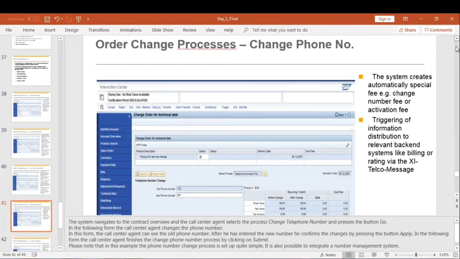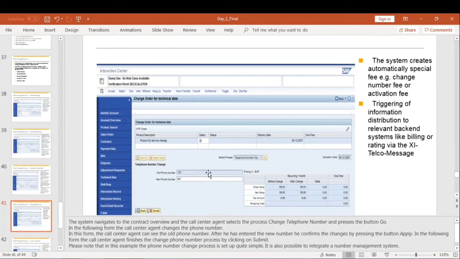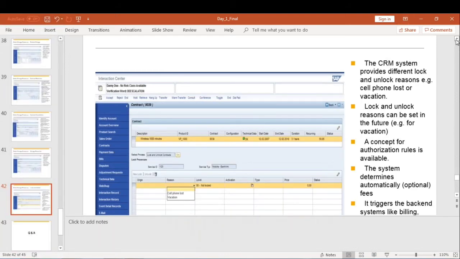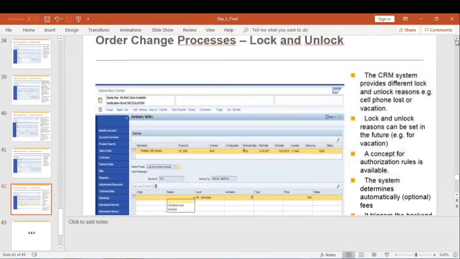If the device ID has to be changed, see here, telephone number changed, the old number is 123 and it has to be updated to 9887. So this can be done. And another is lock and unlock.